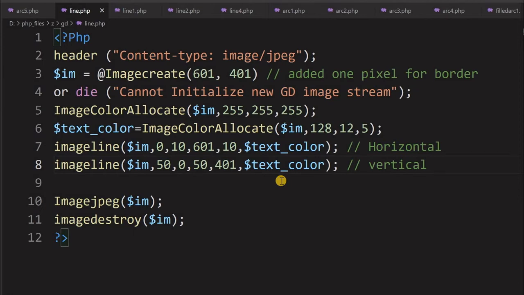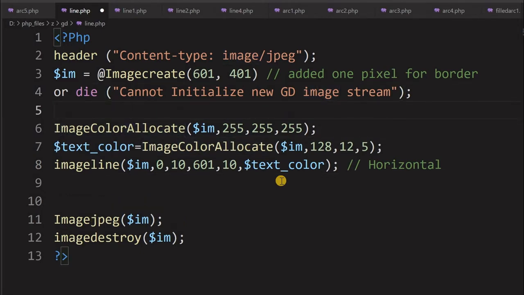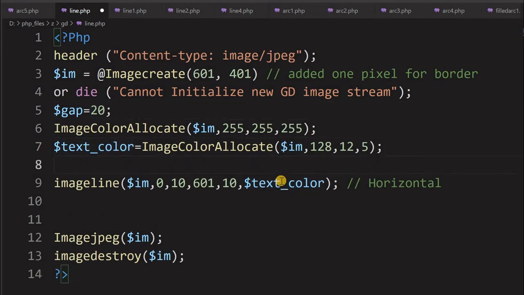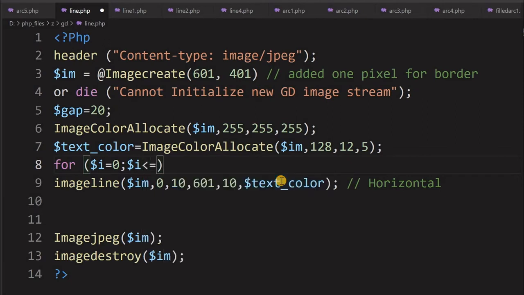Now let us try a series of lines using a loop. For that, some variables we will declare. Let's say here we'll give a variable gap. Gap is, let's say, 20. Fine. Now inside this we'll write a for loop. For i equal to 0, then less than or equal to... suppose we are going for horizontal lines.